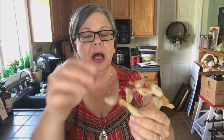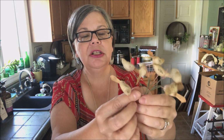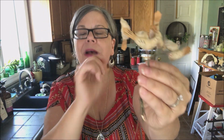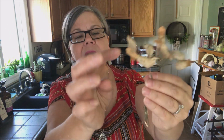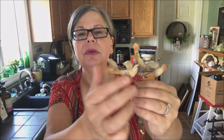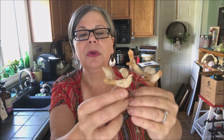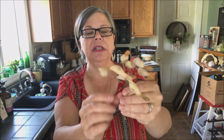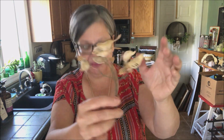So you may or may not have heard of brushed cotton. It is a vintage way of making ornaments. These are brushed cotton birds. Or spun cotton, I'm sorry. The frame of the bird would be covered or spun around with cotton thread. And this tag right down here originally said made in Japan. I would date these to the 40s or 50s, and will hopefully sell them in the $12 to $15